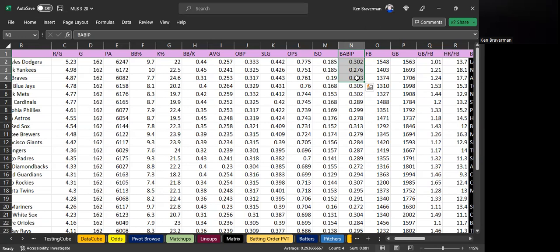What? BABIP measures a player's batting average only on balls hit into the field of play, removing outcomes not affected by the opposing defense, namely home runs. What? All right, my brain doesn't work on it. So it's an exclusive batting average, but what is it omitting? Affected by opposing defense, home runs and strikeouts. What? Well,